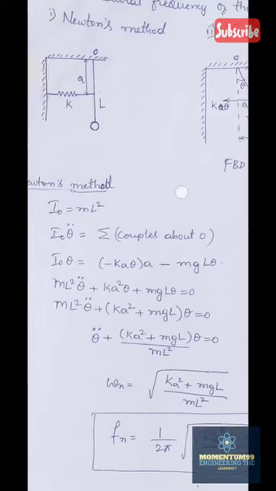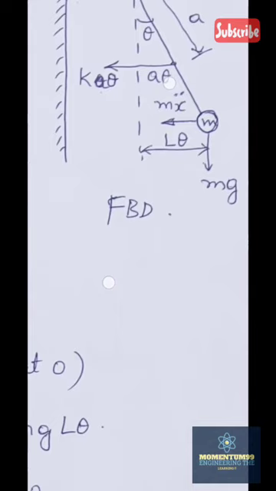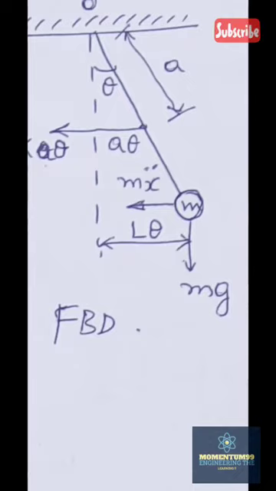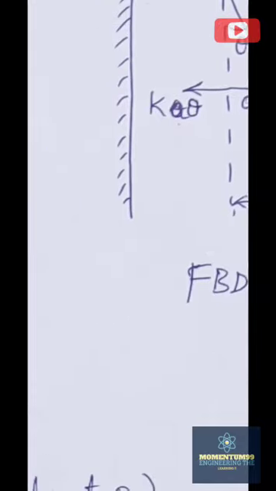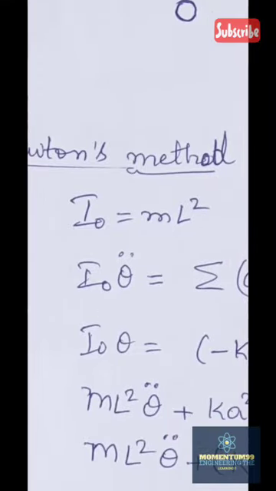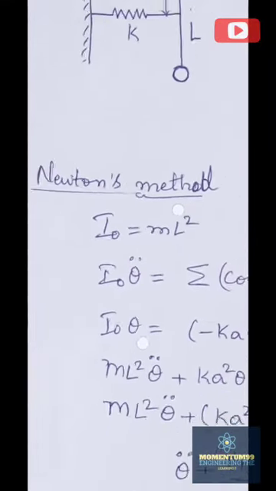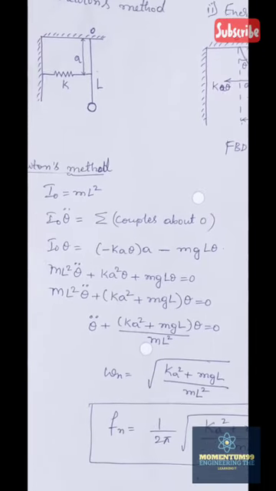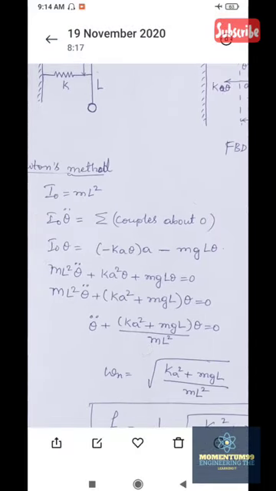If you had linear motion, look at this diagram. If I had linear motion, I would have written x double dot, and in case of torsional vibration, m will be replaced by I, naught represents the point of suspension O, and x will be replaced by theta. Hence, instead of writing m x double dot, the acceleration forces, I will be writing I naught into theta double dot. I move on to the RHS part, which is m l square. The RHS part is the summation of all the couples about the point O.